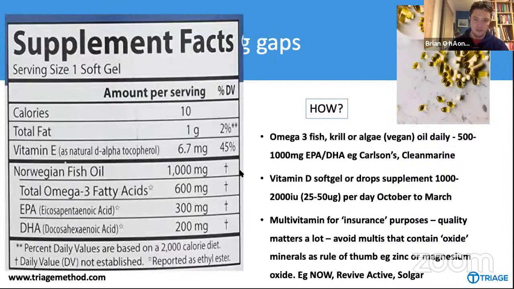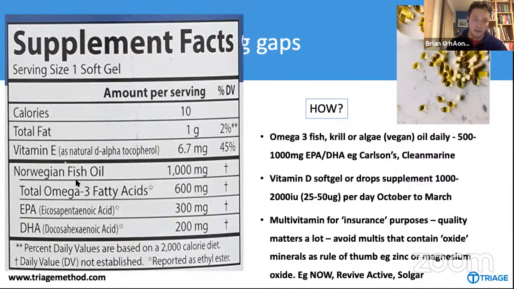Now, just to go back to what I was talking about in terms of omega-3, so you know how to do this at home. I have a label here. I believe this is from the Carlson's omega-3s. So what you're looking at here is EPA and DHA, right? This is what I said is important, 500 to 1,000 milligrams per day. So you need to tally these up. So 300 and 200, it's 500 milligrams per one soft gel, okay? So with this product, with this dosage, per soft gel, you could probably have 1 or 2 per day and then be covered. Okay, this one's quite strong as far as they go.